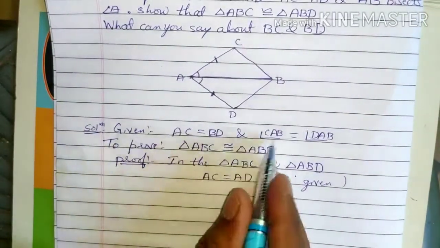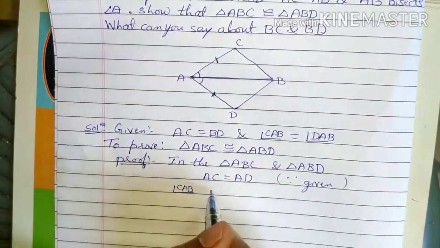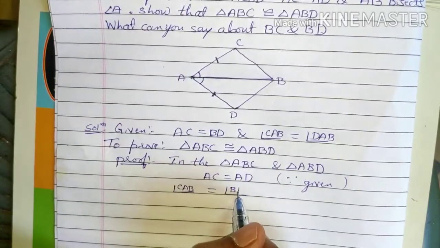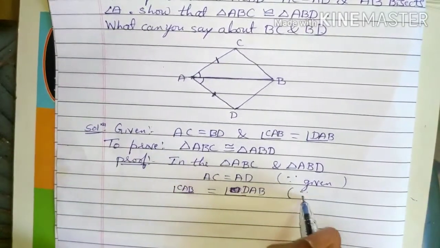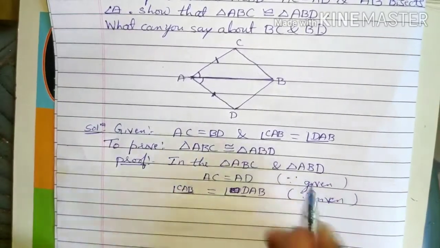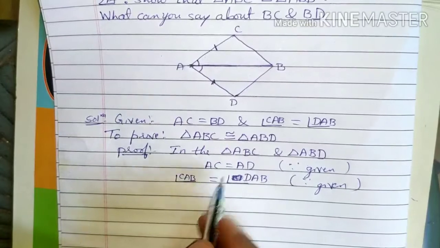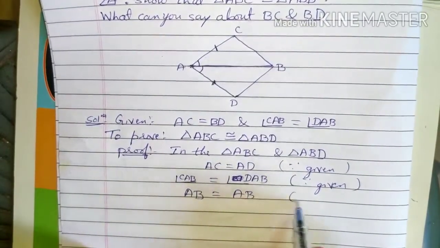And also angles are equal. Angle CAB is equal to angle BAD or DAB, because it is also given. Okay, so here it is given. So in two triangles, these two are equal, and AB is equal to AB because common